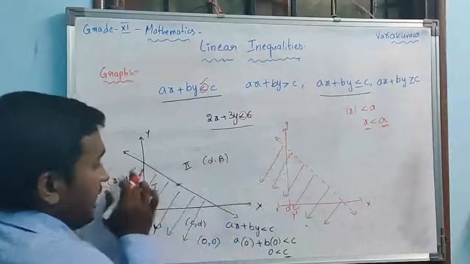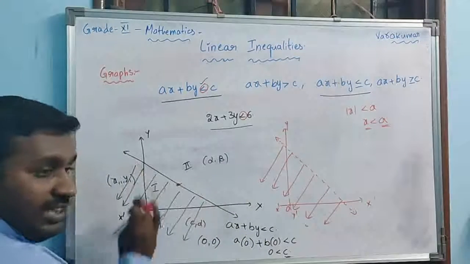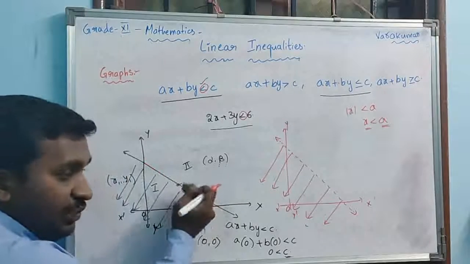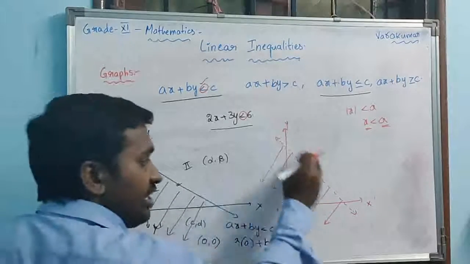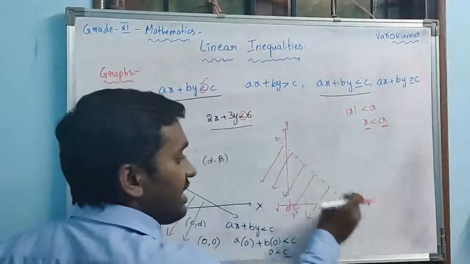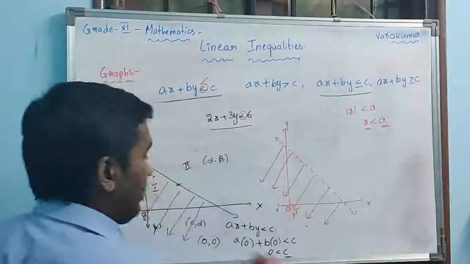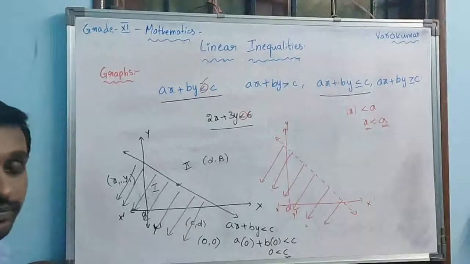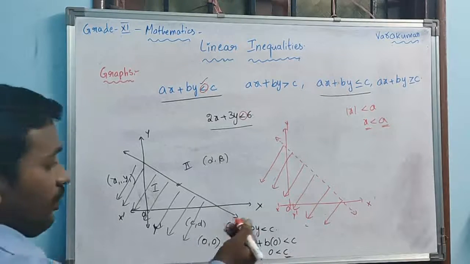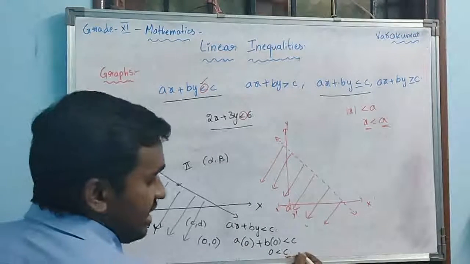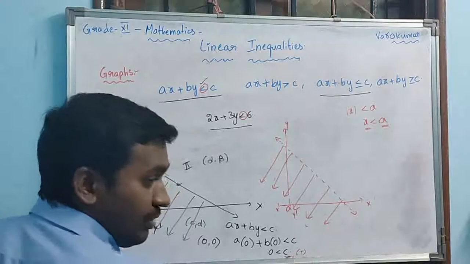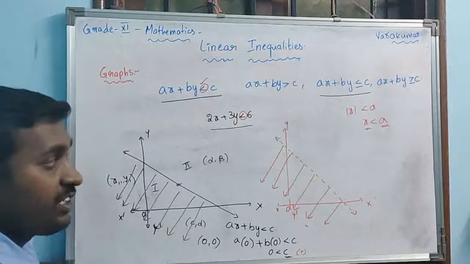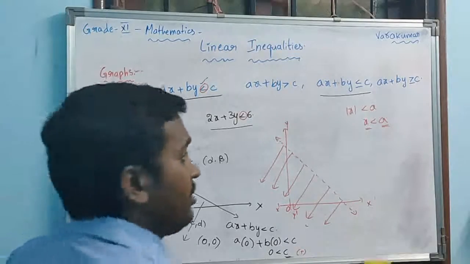So, in this case, if you take thick line, we should not touch and we should have to shade. If it is a dotted line, we can touch it. Dotted line says that the values are not included. If you are not touching also, the values are not included. Okay, now see what we are trying to do. 0 less than c, if it is positive, true case we are doing. If it is false, how to do, sir?